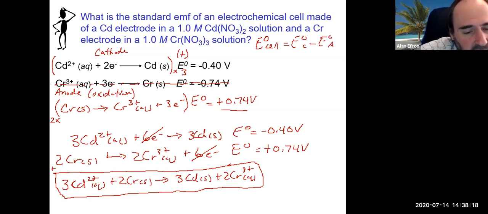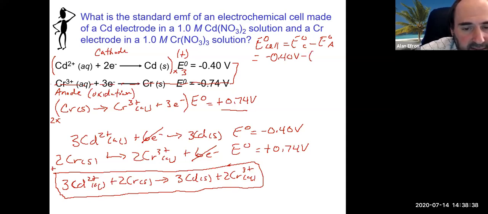And again, if you were to do that, you are going to subtract, which means I would use the two original values that I would find from the table, and I would take E of the cell is equal to my cathode, which is minus 0.4 volts,